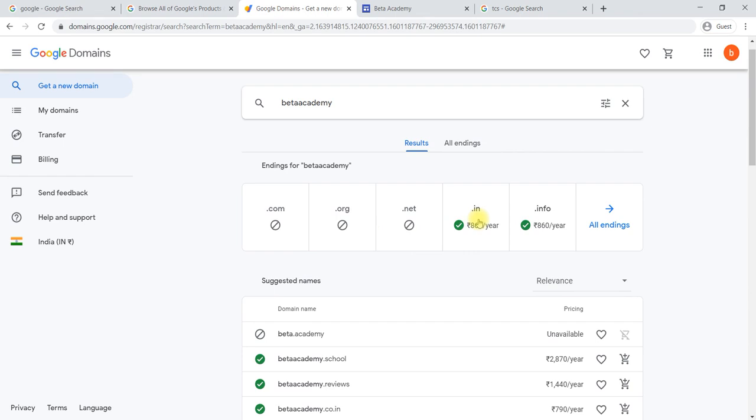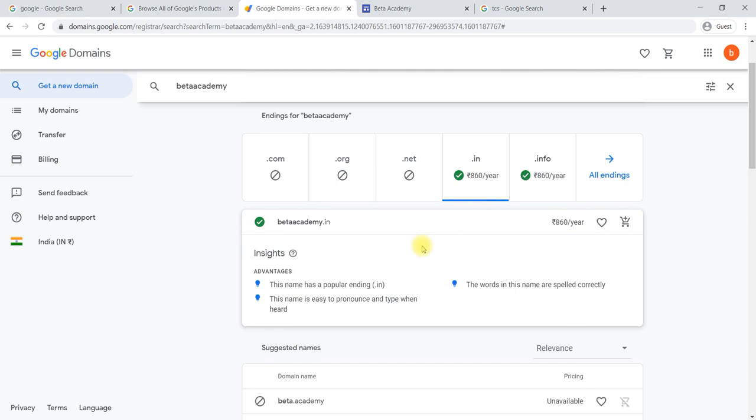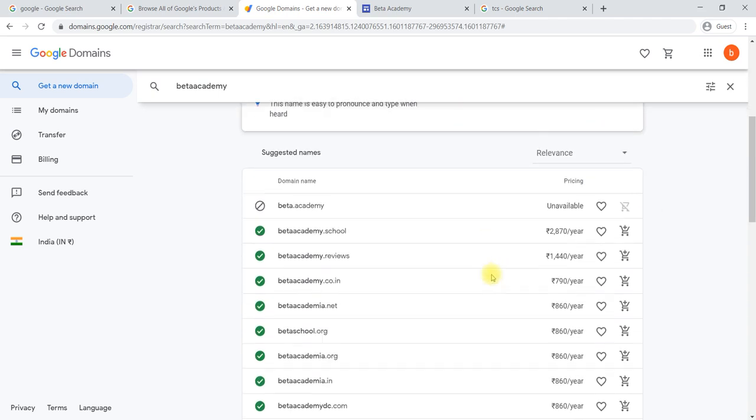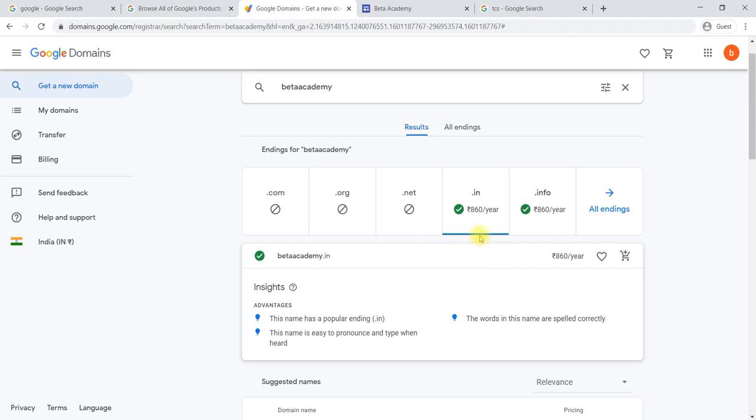Once you have selected this one, you can add to cart. Here one cart symbol is there. Whichever domain you like, you can add it to cart for payment purposes. 860 rupees per year you need to pay to get that domain.